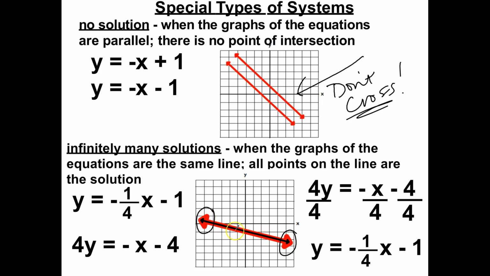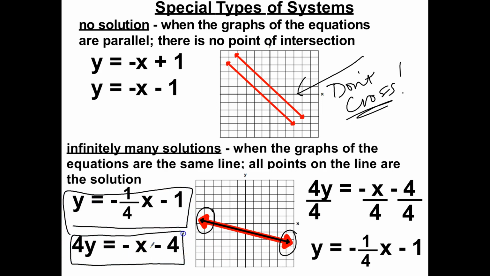Infinitely many solutions, because I did this black line and I did a red outline on top of it. Say, for instance, I was given this equation right here, and then I was given the other equation. I was asked to graph the solution to the system. Well, when you finish solving for this equation in slope-intercept form, you divide everything by 4, you end up getting the same equation that you started off with. So these are the same line. If I graph this black line as the first line, technically the red line will be right on top of it, but just to make a point, they will intersect